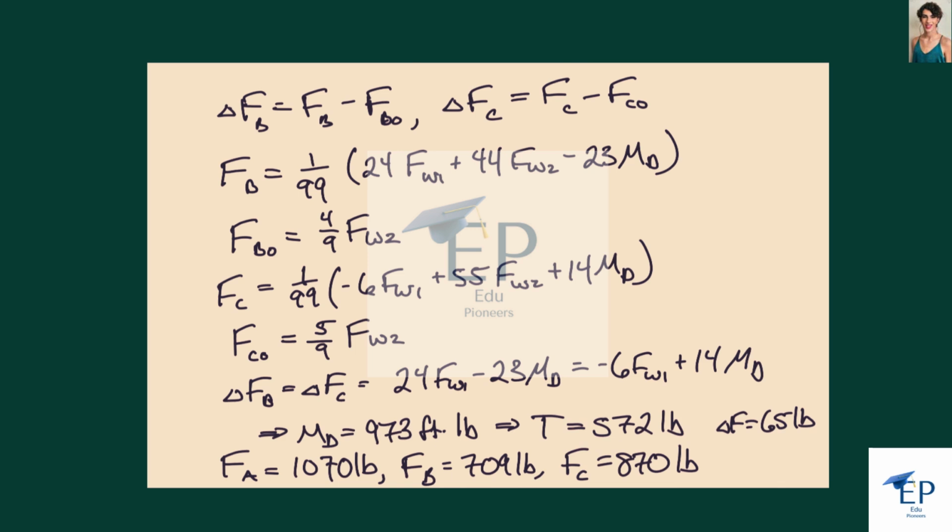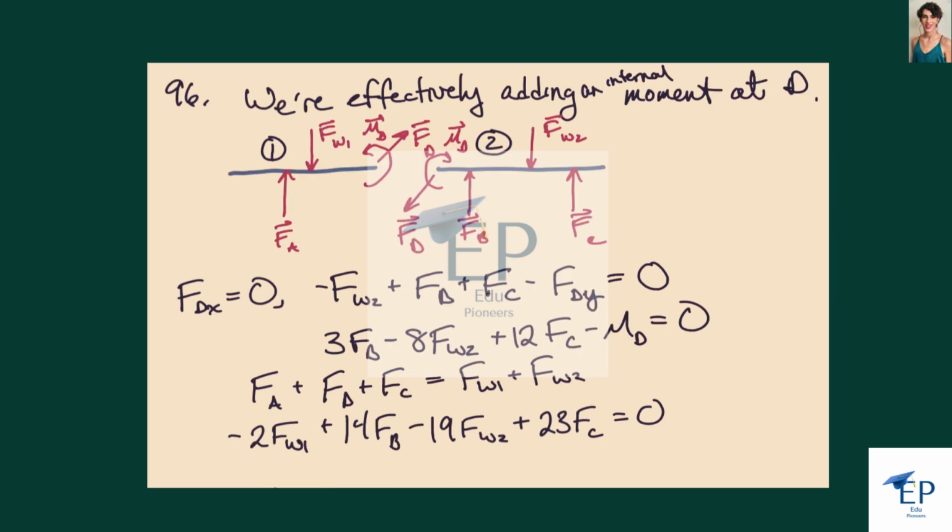And then if we look at the weight on the trailer, FA is now 1,070 pounds on each of the tires on the trailer. On the back tires on the truck, we have 709 pounds on each tire, and on the front tires, each tire has 870 pounds. And what we did is we wound up adding 65 pounds to each tire on the pickup truck. And what we can see if we compare to the previous problem,